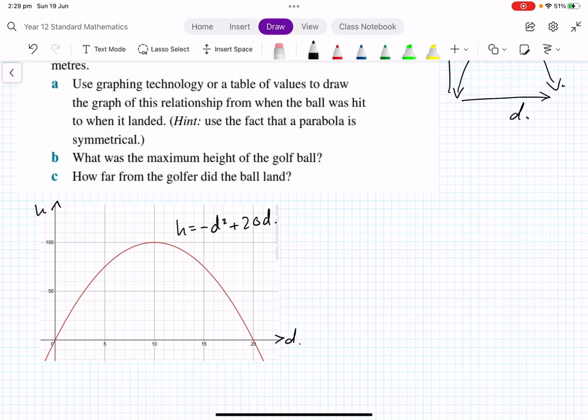Okay, now what is the maximum height of the golf ball? Well, the maximum height is here at the vertex. The vertex is the maximum height. And what are the coordinates of that? Well, it's 10 horizontal, 100. All right, 10, 100. So if we do that, for part B, the maximum height